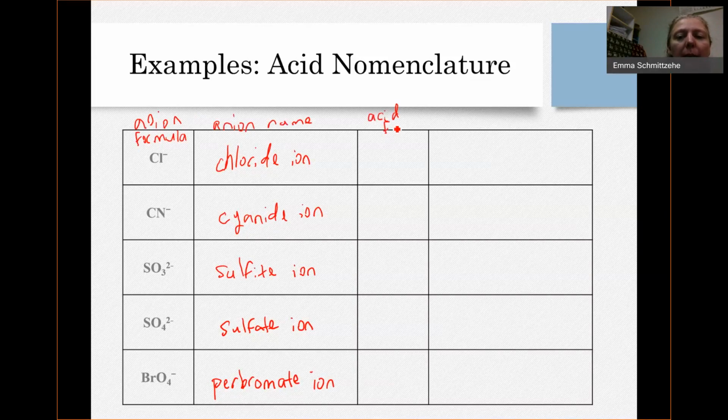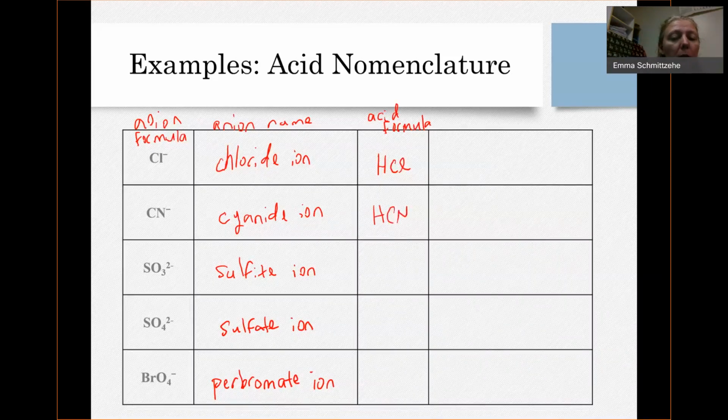So the corresponding acid, the acid that when it's put into water, releases H+ and leaves behind these anions, okay? And how I backtrack that from the anion is I just combine each of these anions with H+ in a ratio to make it neutral. So if I combine H+ with Cl-, I can combine them 1 to 1 and it makes it neutral. So that's going to correspond to HCl. Whereas CN-, that's also going to combine in a 1 to 1 ratio because H+ and CN- will make a